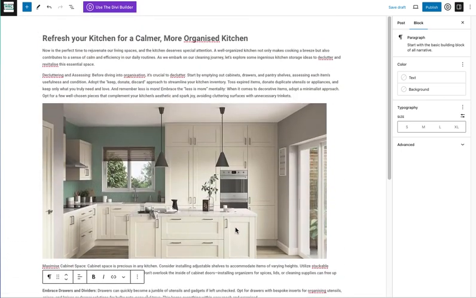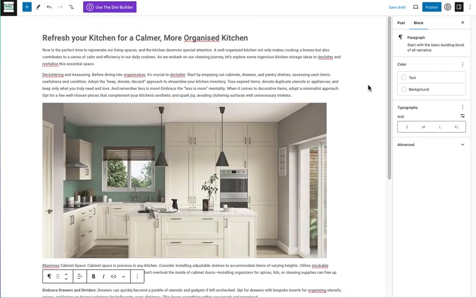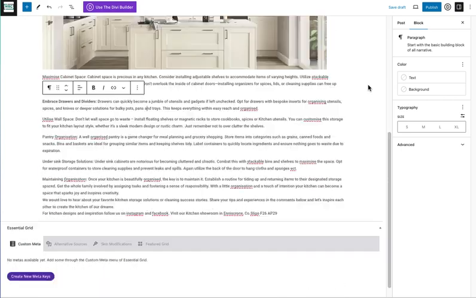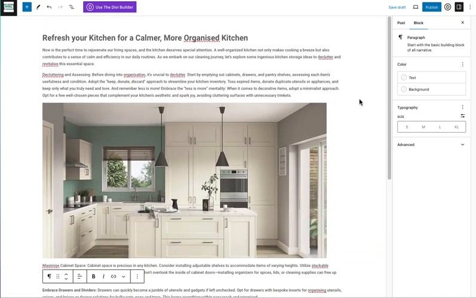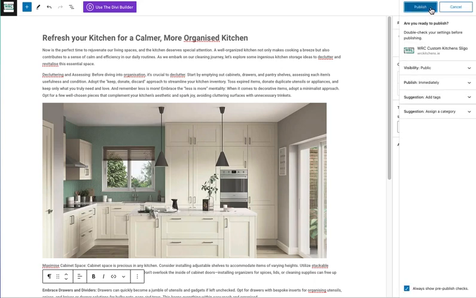So they are the basic elements that you need to know to create a blog. But to actually make it live, we click on the publish button here. So we're going to make it live now. We're going to click publish, and normally you just click publish again. But just to go over the options that are on this particular tab here on the right side,